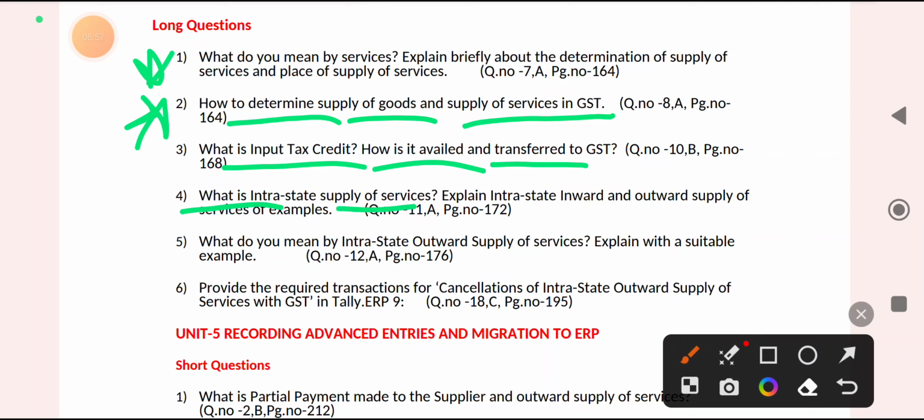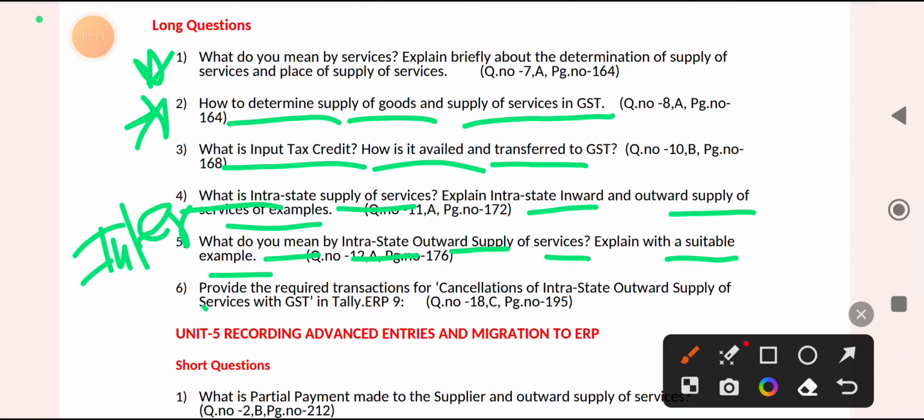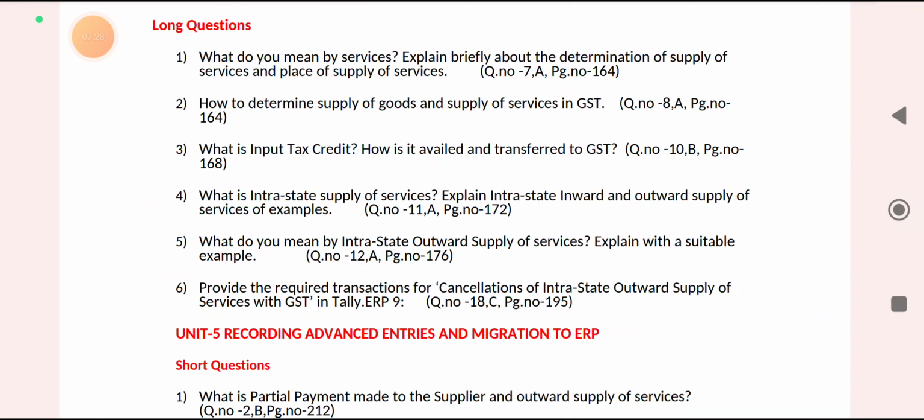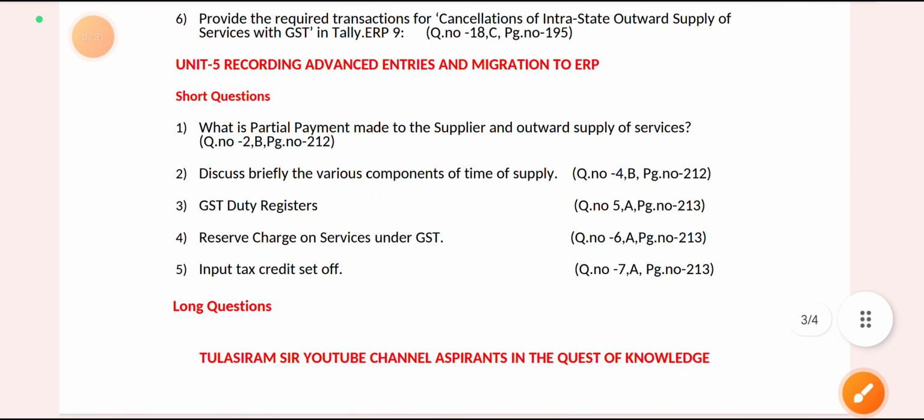Intrastate supply of services, explain the intrastate inward supply, outward supply of services. Then what do you mean by intrastate outward supply of services, explain with suitable example. Then another one is, you just go through the interstate also, not only intrastate. Provide the transactions of cancellation of intra-state outward supply of services in GST. Then unit 5,